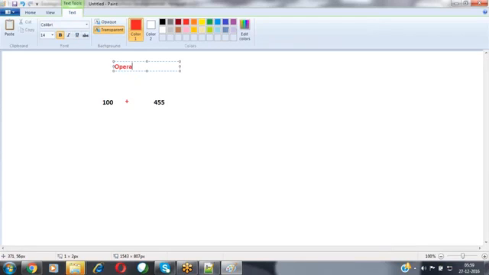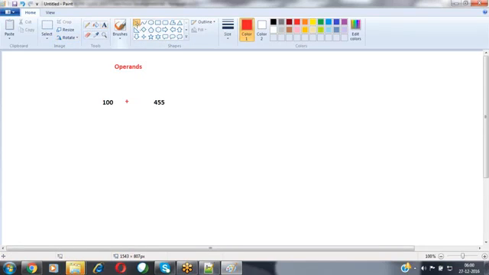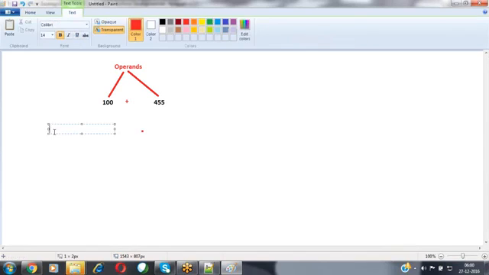Here we have the operands. Operands are the values on which we perform some operation. 100 is an operand, and 455 is also an operand here. On these operands, we are performing an addition operation, by using that notation, that symbol. So here we are using that operator. Like that, there are many categories of operators available in Apex programming. Apex programming provides different types of operators to you. What exactly are those operators? We'll see practically over here.